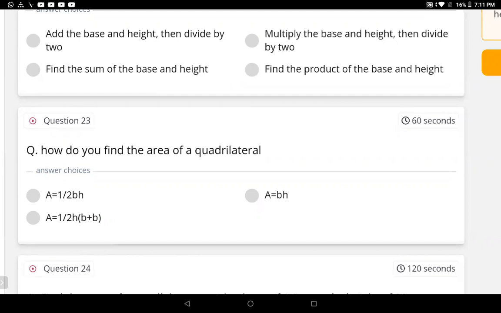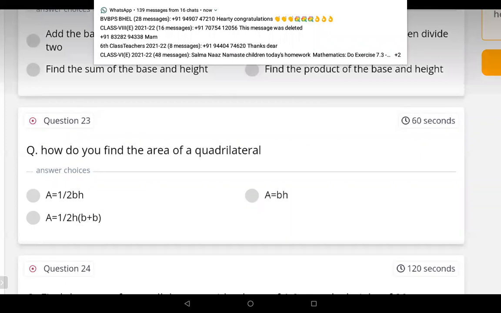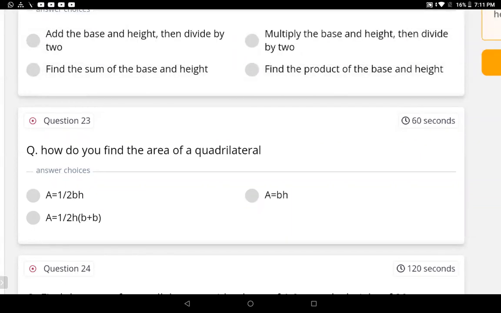No, even before that, why is it C? Can you please say, ma'am? You told us the formula, ma'am: diagonal into h1 plus h2 by 2. Yeah. Half of diagonal multiplied with h1 plus h2. But here, quadrilateral means how many triangles can we make? Sahu, why are you saying B into H? Can you please give your explanation over here?